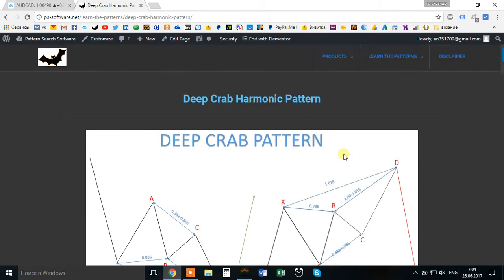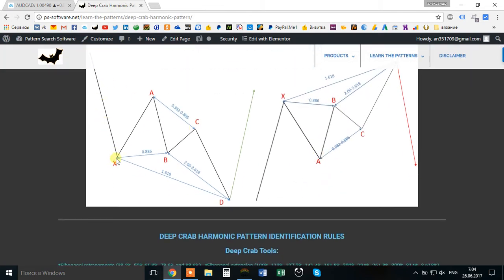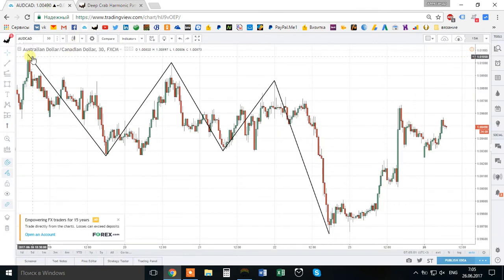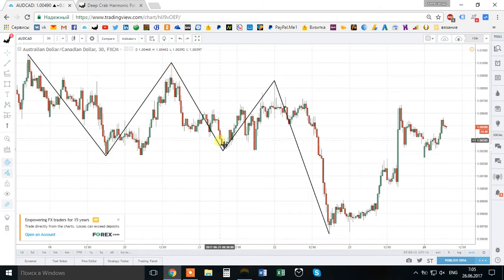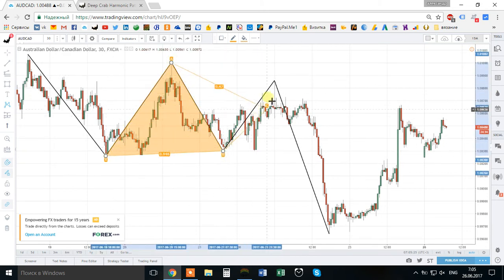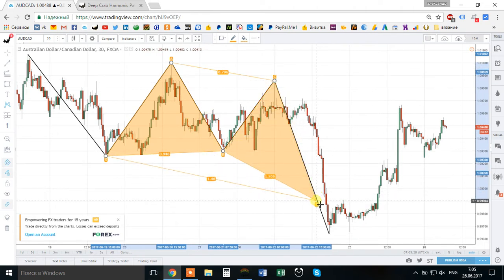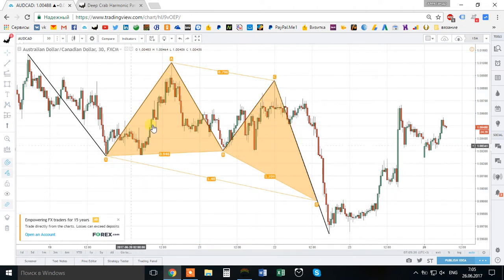And then you should see, okay, this looks like the structure. Go back to the structure and see that the movement before that should exceed the XA. Okay, the movement before that exceeds the XA. Then we should have an M type formation, yes, a letter M type formation. Okay, the structure coincides. Then we should measure each point, this and that. I will do it with this wonderful drawing tool in TradingView that shows the ratios without the need to stretch Fibonacci. From X to A, the B point ratio is